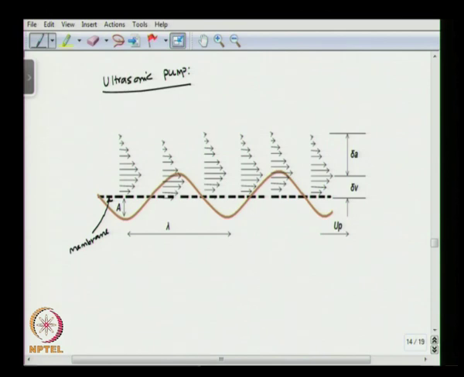So, when the mechanical waves travel on the surface of the membrane, due to this the fluid that is present on the surface of the membrane will start to move in a certain direction, okay. So, this is the velocity profile that you see for the fluid that is present on the membrane. So, it will have non-zero velocity on the surface of the membrane because the membrane is always in a dynamic state,